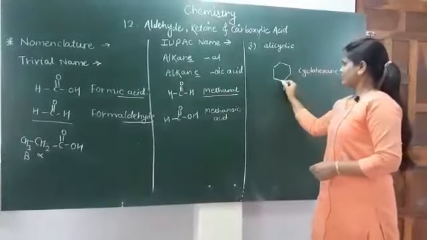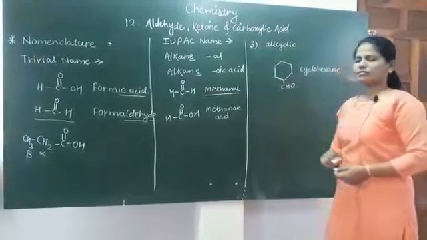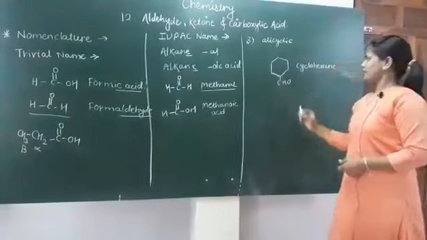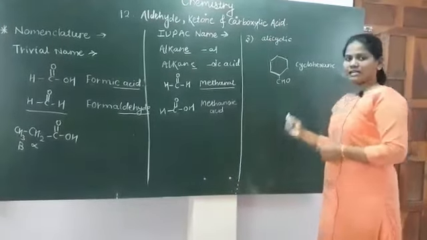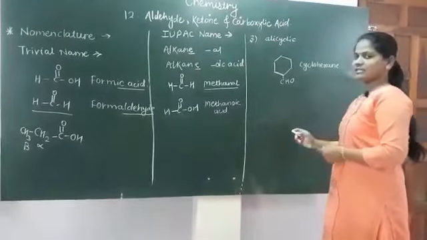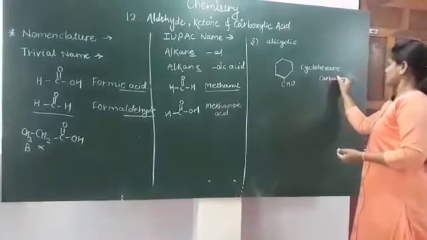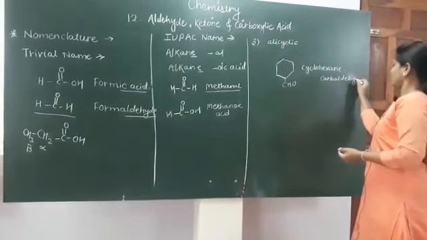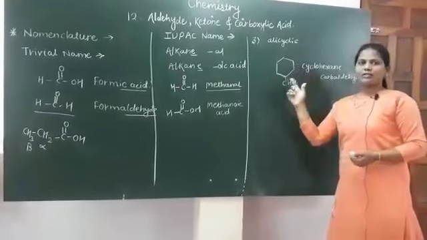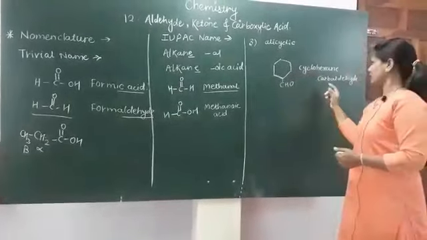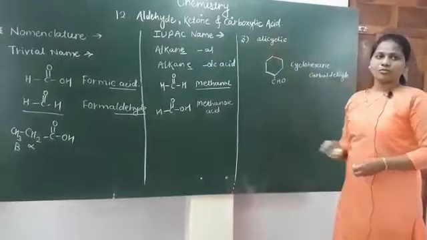Okay, in the cyclohexane, the first carbon atom or any carbon atom will be attached with the CHO, then the name of this will be cycloalkane carbaldehyde. Now here the cyclohexane is given, we only have to add the word carbaldehyde. Understand very well, when the cyclic ring is given of any number of carbon atoms, the word carbaldehyde is used with the aldehyde and carboxylic acid the same.